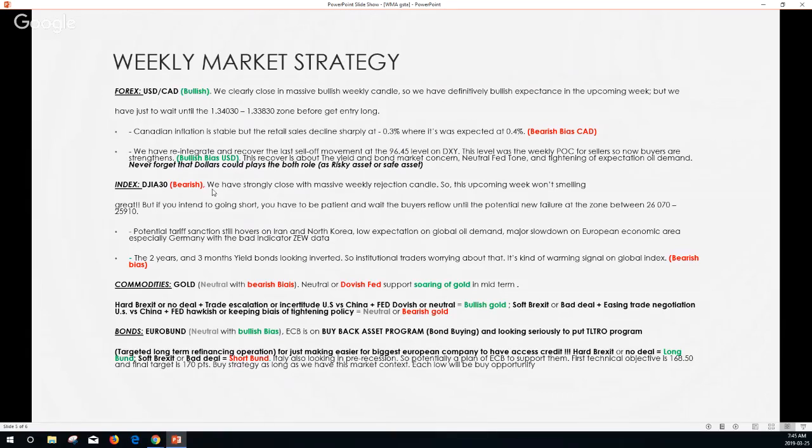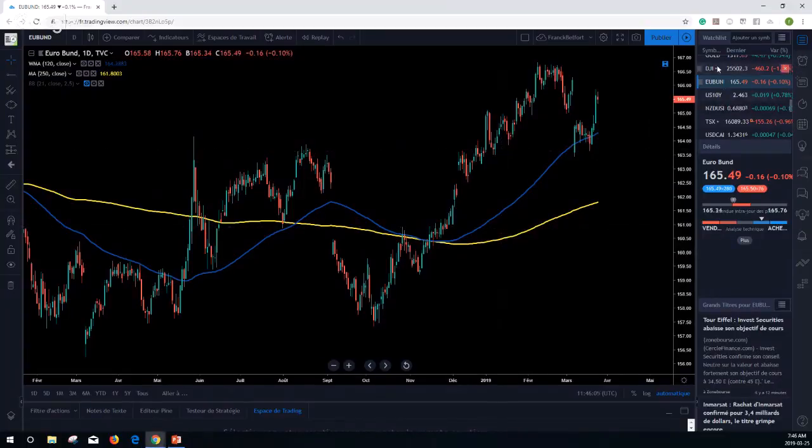Also, it's putting for sure pressure on the DJIA, the Dow Jones Industrial Average 30, and we strongly closed with a massive weekly rejection candle. So this week is not smelling good, as I said, but don't try to short the index right away. Just wait for the market to breathe a bit and give you the best price or best zone for shorting, as I described. Or if we break the line, the white line here, just to do a quick recap,